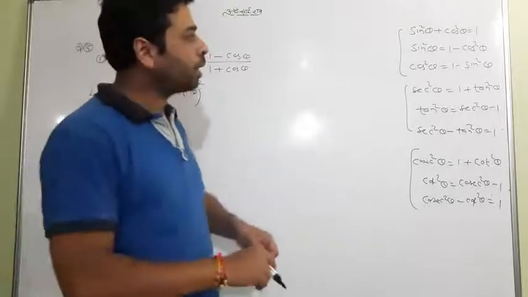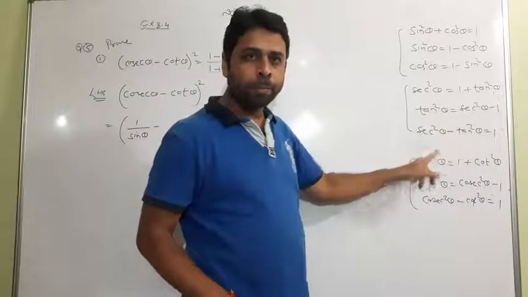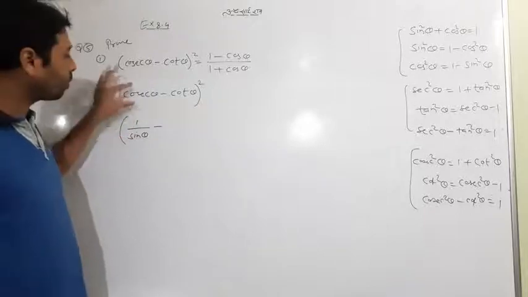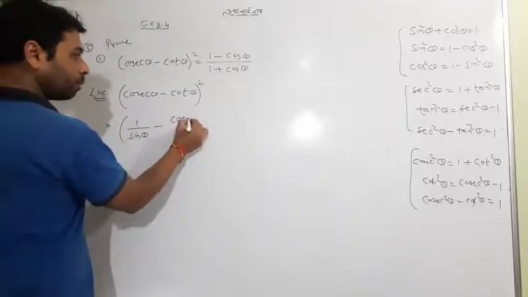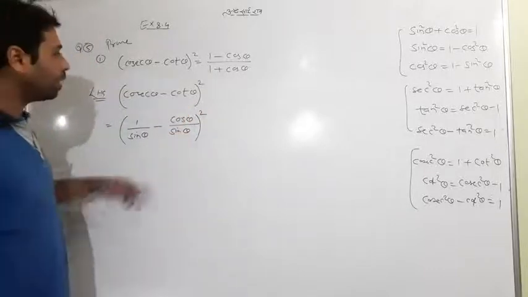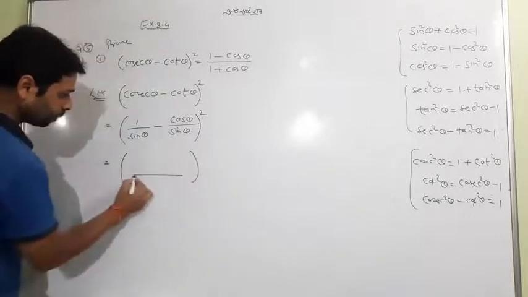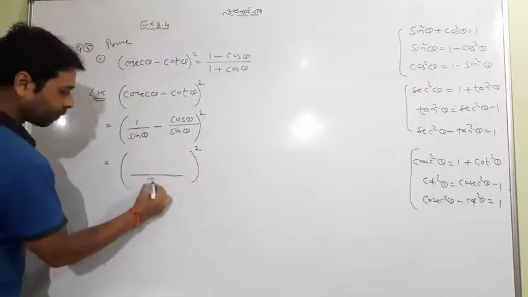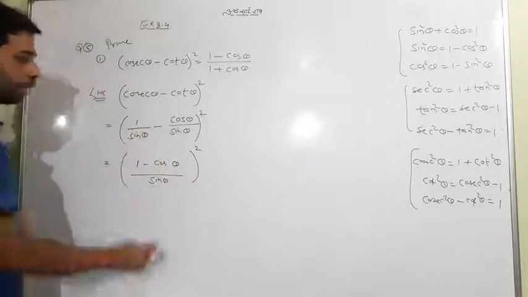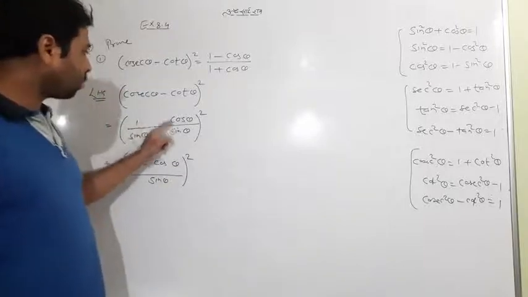Let me say one thing: these identities involve squares, but if you think about only cosec, it is not squared. So think 1 by sine, the reciprocal of cosec, and cot means cos by sine. So cos theta upon sine theta is cot theta, and this is 1 by sine theta. Now I take an LCM. The denominators are the same, so the numerator is written as it is. Nothing changes at all. So, students, if you got till here, this is 1 minus cos theta upon sine theta.